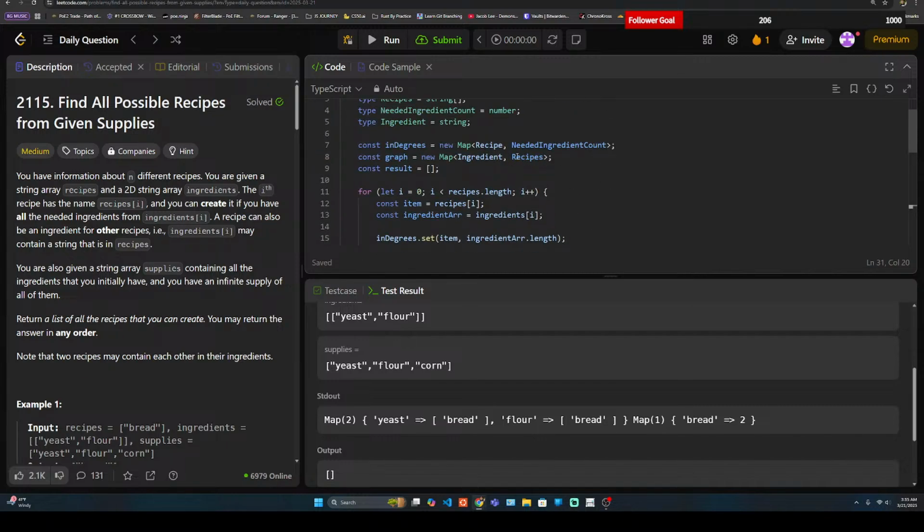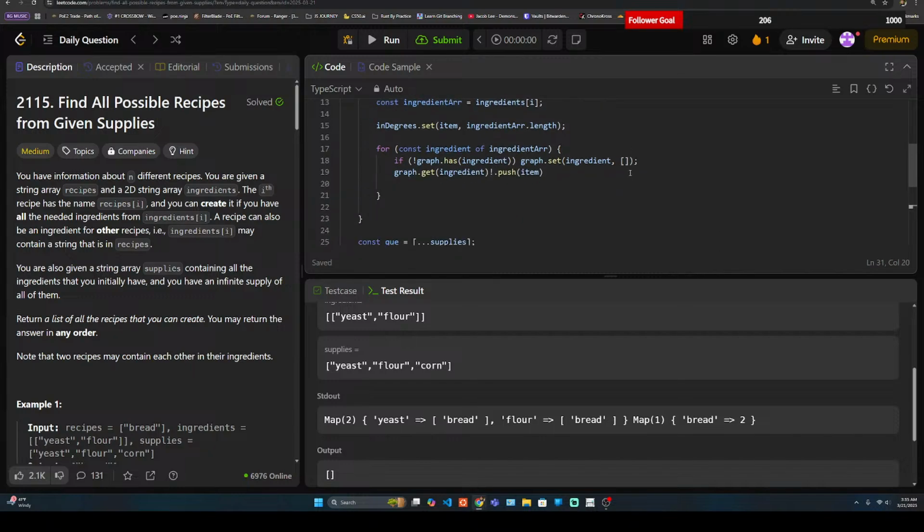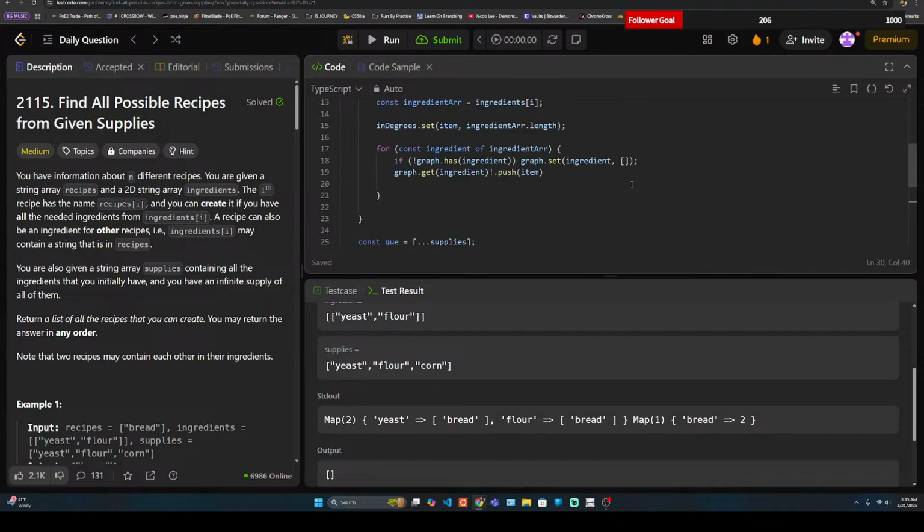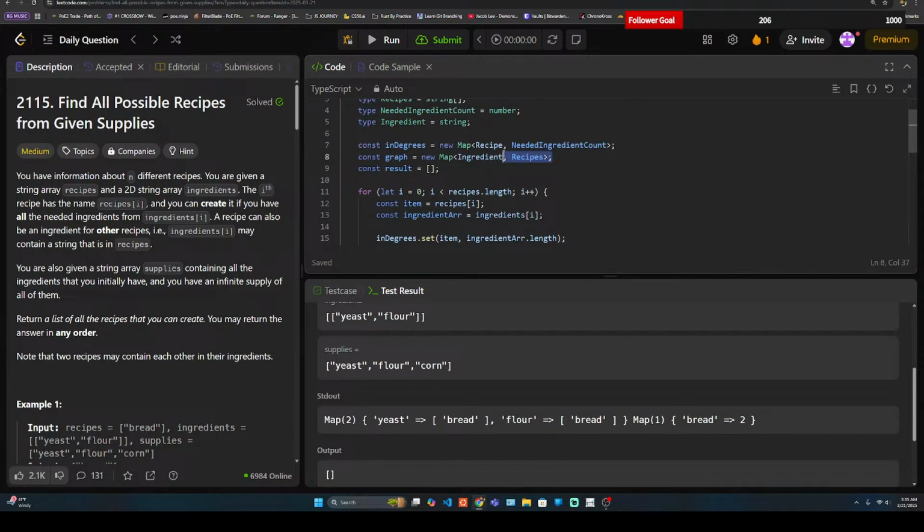We need to go through our recipes, I think. A recipe of graph.get item. I don't know, I feel like I'm going a little off course here. Graph.get item. Topo sort is frustrating me. So graph.get item, forget the item, that's recipe, right? Because it is recipes, that's the value. We go through the recipes. If we got the recipes,